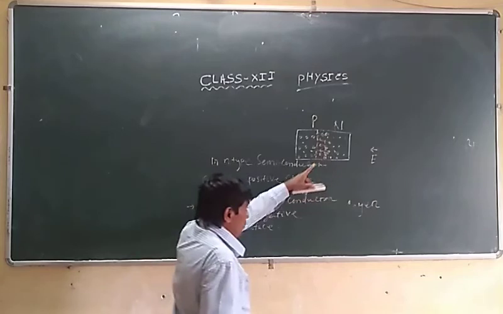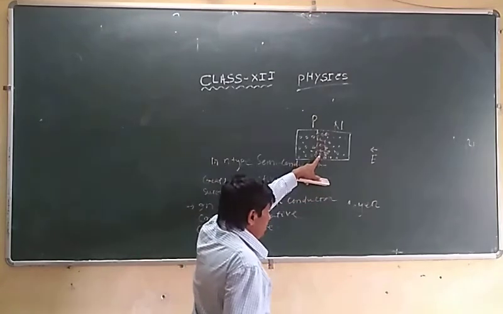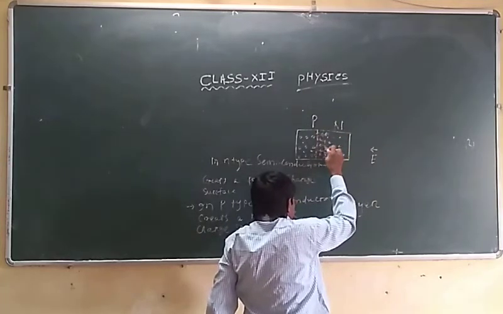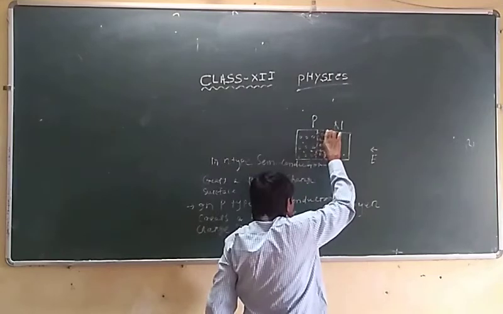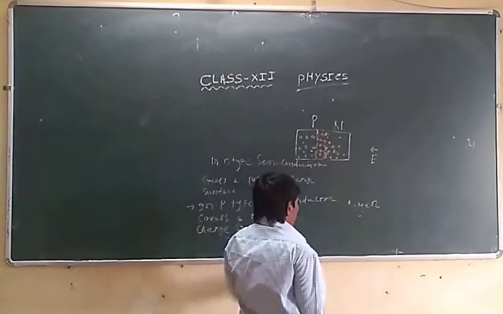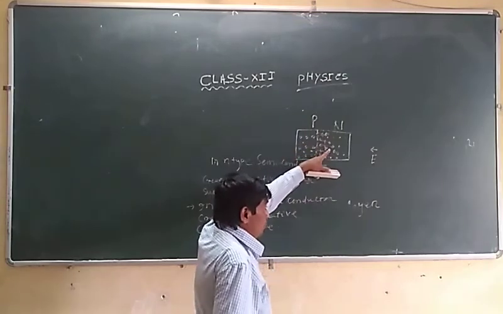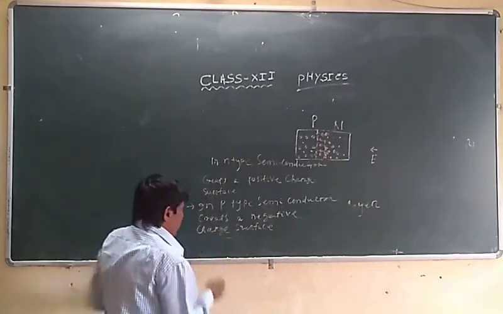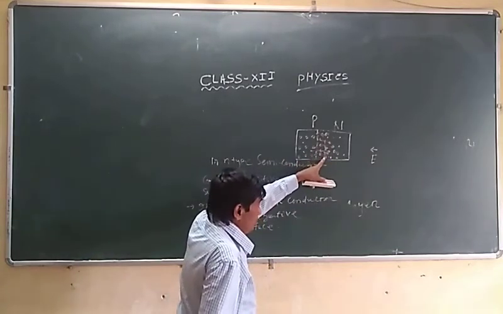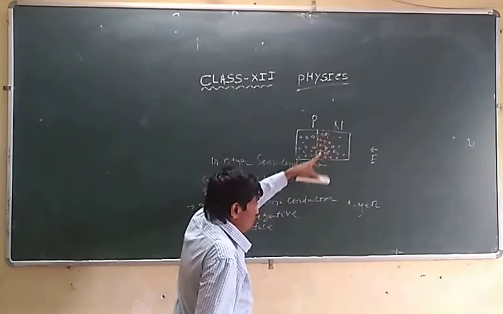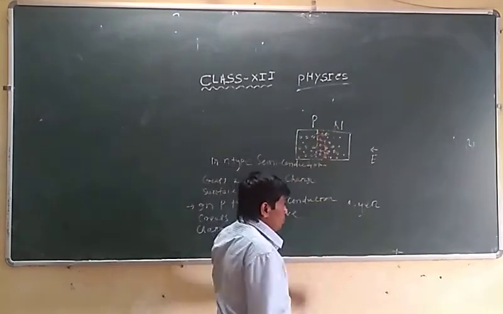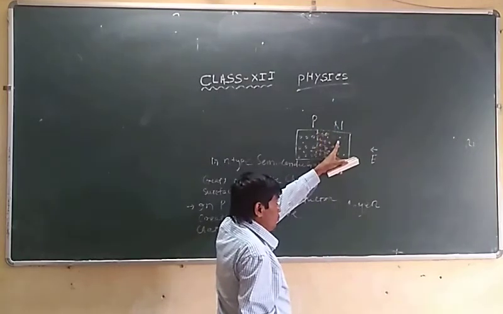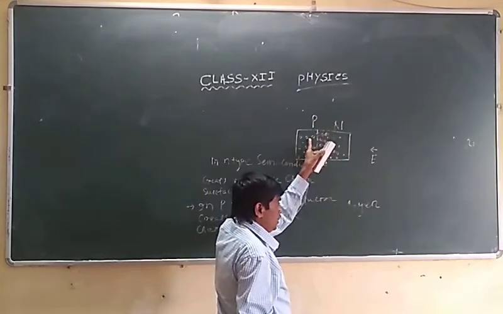Then, after the electric field, this is the border. The electrons of the N side, away from this charge surface, wish to move from this side to this side, but it is not possible. It is impossible because they have no attraction. It is the charge border, so it will be opposed. This border, or positive charge surface border, opposes the momentum of electrons from the N side to the P side.